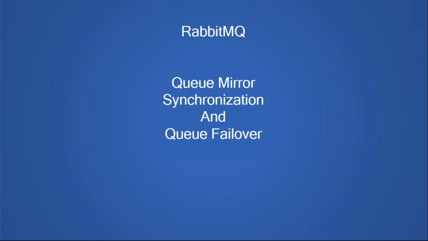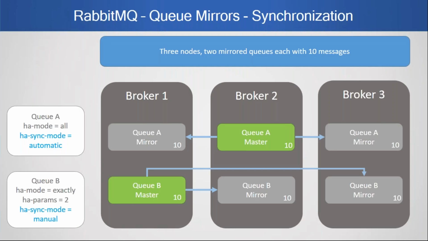So, synchronization and queue failover. Let's have a look at 2 examples here. We have 2 queues, and this is where we have our HA sync mode. Now there's 2 options: we can have automatic or manual. And we're going to see exactly what this is all about. But synchronization is basically about the behavior when a new mirror comes online, whether or not it's synchronized with the